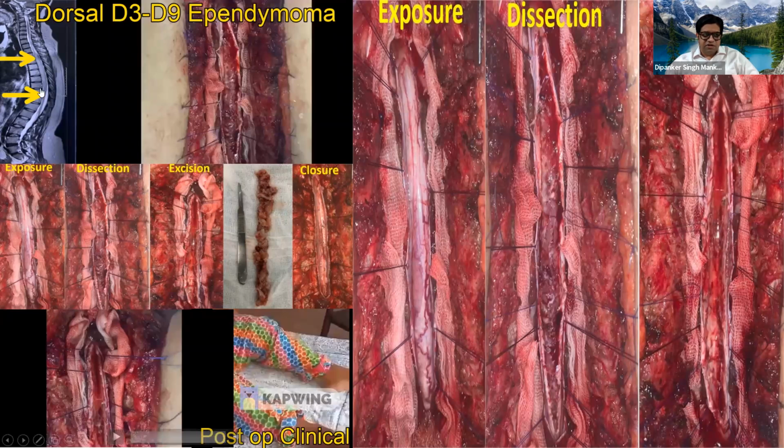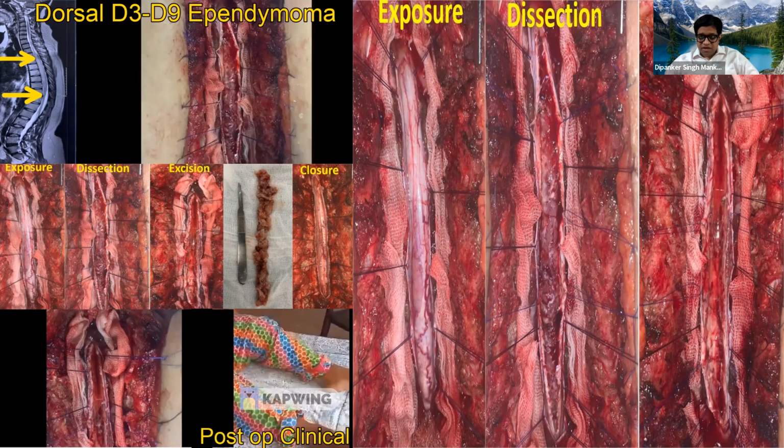It was a D3 to D9 ependymoma. It was like a serpent in the spine. In this case, I will demonstrate exactly what my strategy was. I performed a long segment laminectomy in this case. I used the bone